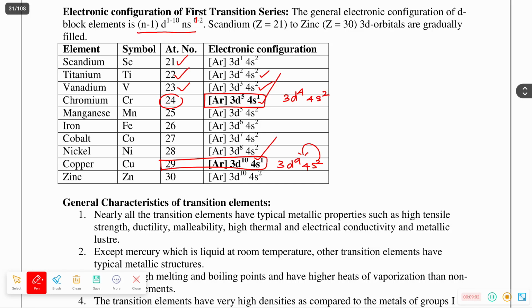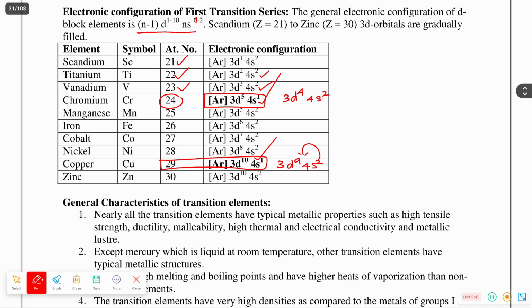What is the reason? Because of stability. Stability depends on symmetry and exchange energy. Symmetrical arrangement: 3d5 means five d orbitals are there. What are the five d orbitals? dxy, dxz, dyz, dx square minus y square, dz square. Single occupation of electrons means it is symmetry. Each orbital has one electron. Symmetrical arrangement, that is stable. Similarly copper has 2 electrons in each d orbital, so in total 10 electrons, that is also stable.